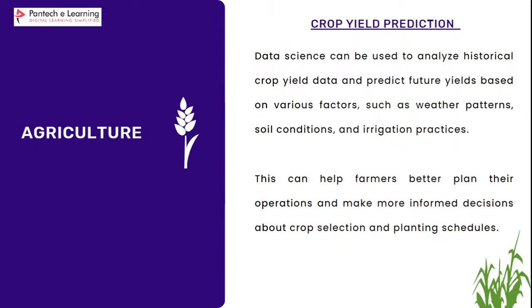Also about crop yield predictions and all in the field of agriculture, data science can be used to analyze historical crop yield data and predict future yields based on various factors such as weather pattern, soil condition and irrigation practices. For example,